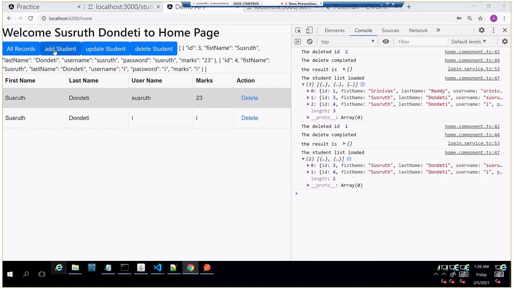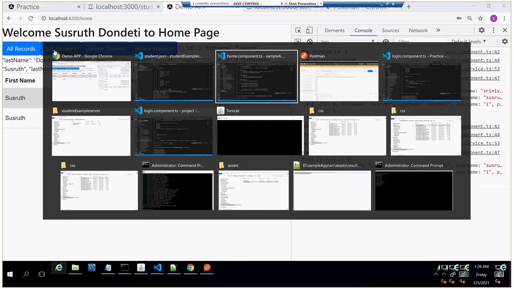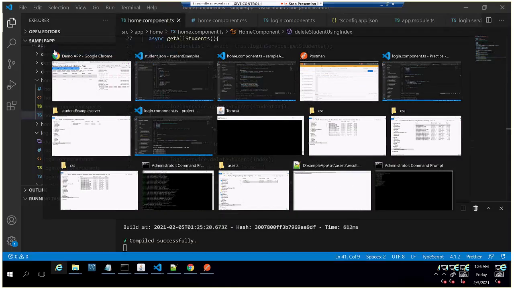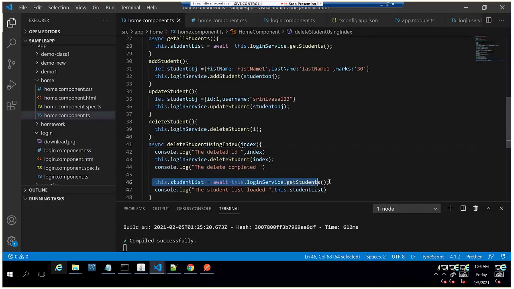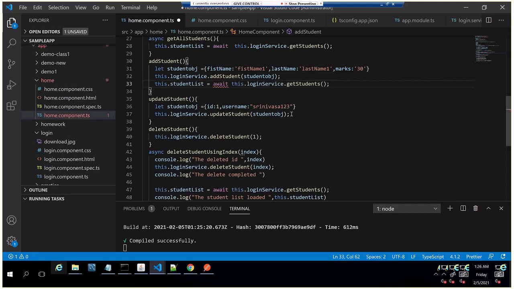And even while adding, similarly we can add this line for add also, for everything basically. Update is not working. For add also, I'll add async.